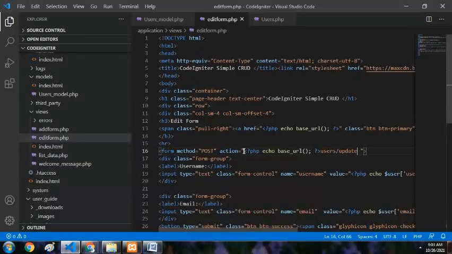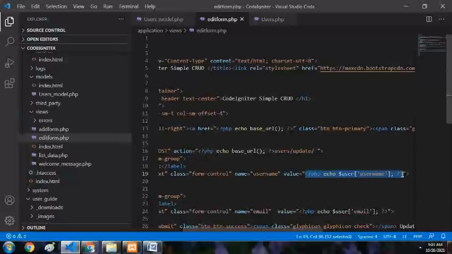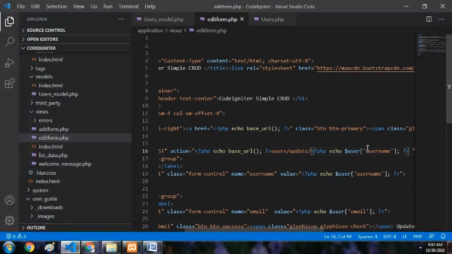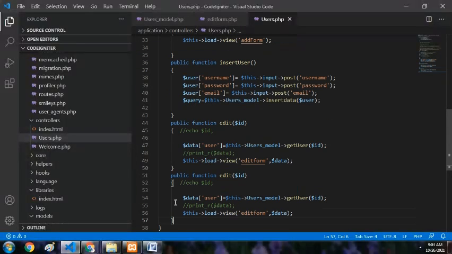We can simply write update with the corresponding ID. You can take the ID also. So we have to write an update function for updation of the printed data in the edit form. For this, we can send the ID itself.